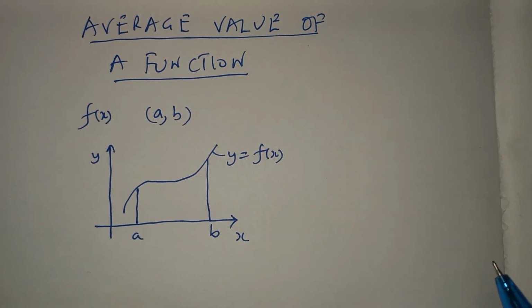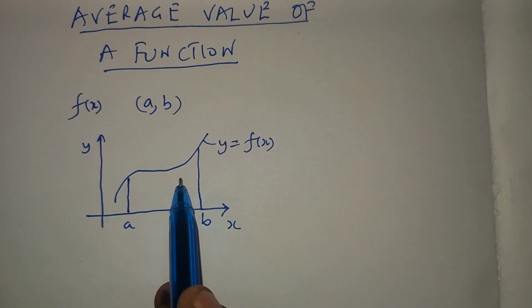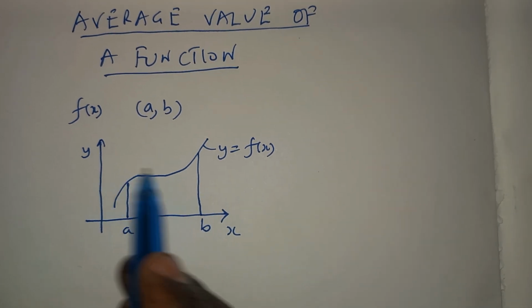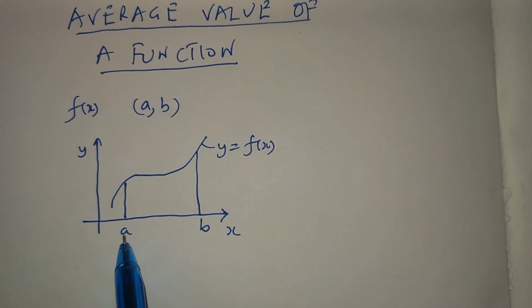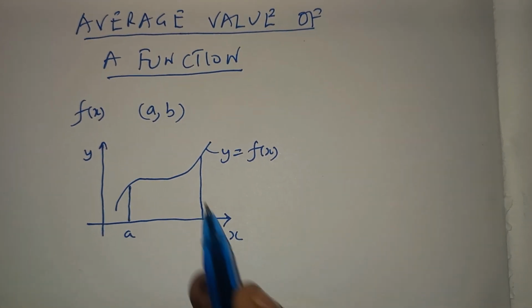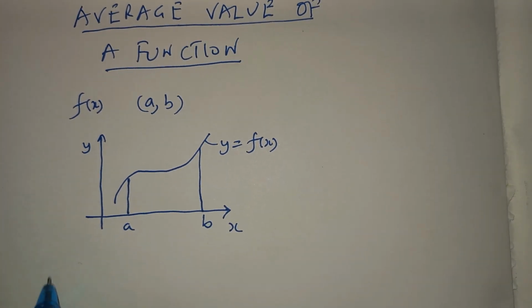Now, to determine the average value of the function is as good as determining the mean value of that function. What would be the mean as you move from A to B? Now, the average value of f of x on the interval AB is given by